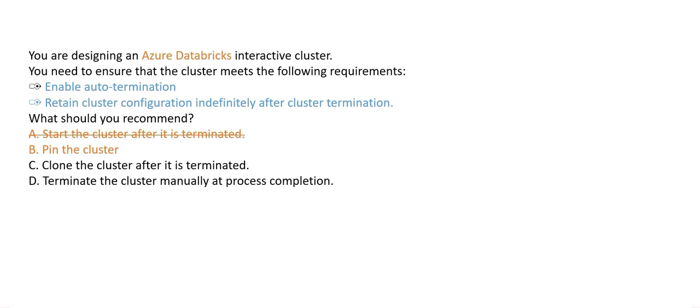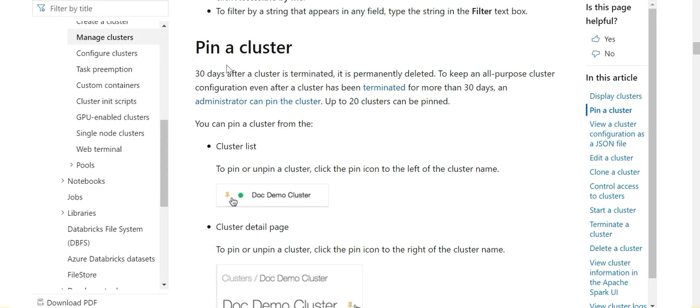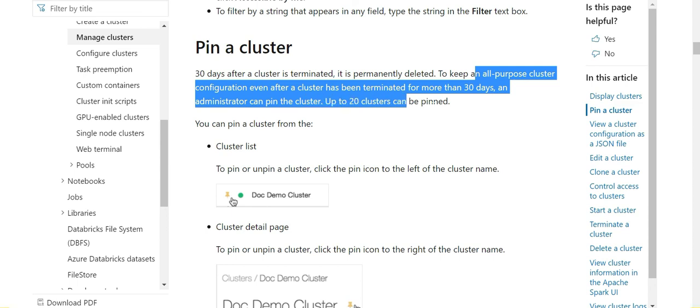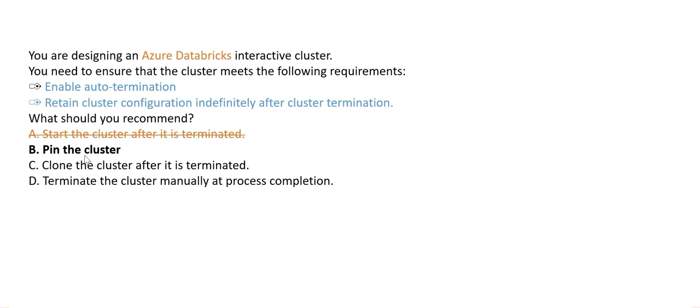If you see the documentation, 30 days after a cluster is terminated, it is permanently deleted. To keep all-purpose cluster configuration even after a cluster has been terminated for more than 30 days, an administrator can pin the cluster. Up to 20 clusters can be pinned. So we got our answer, pin the cluster.